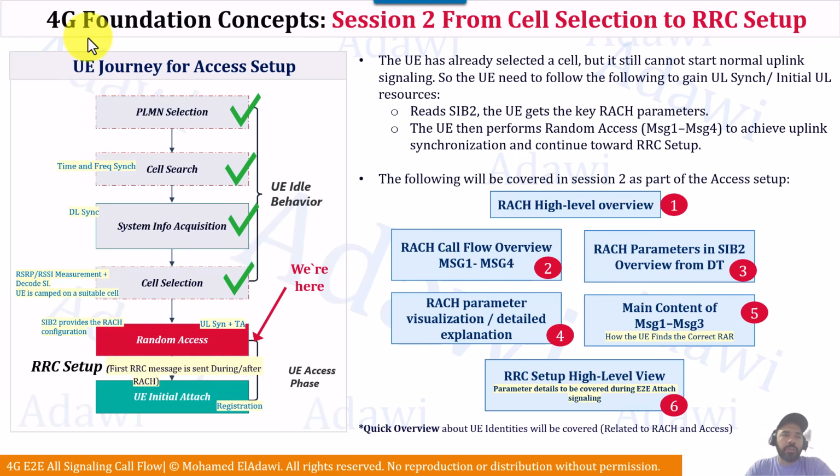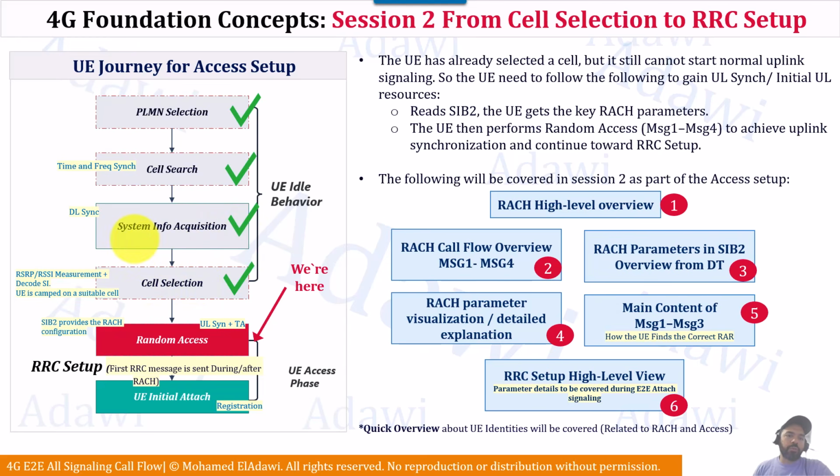Again, this is a UE journey in the left side here. If you remember, last time we covered the part related to PLMN selection, cell search, and system information acquisition, where the user acquired the master information block, system information block type 1, and from system information block type 1, he was able to read the other system information, which is system information block type 2 and others. Then we ended with the cell selection part, where the user selected the best suitable cell,